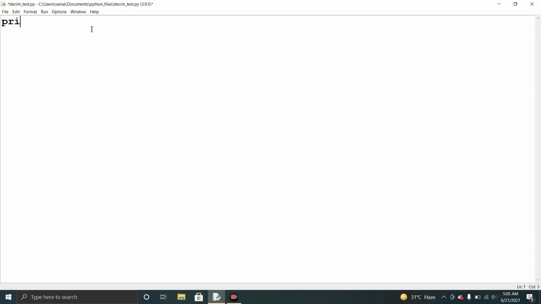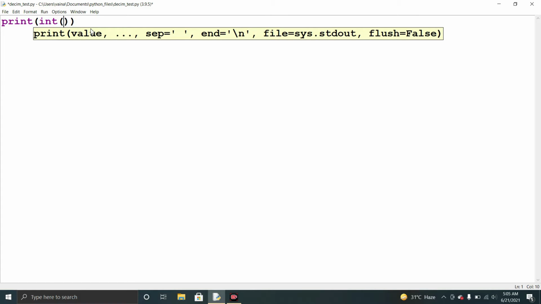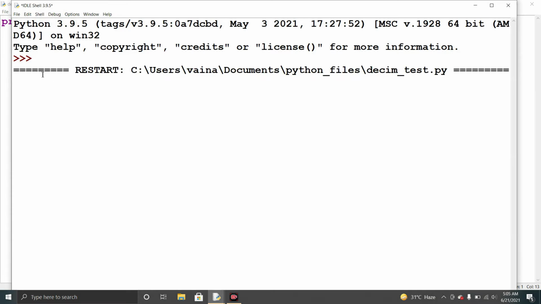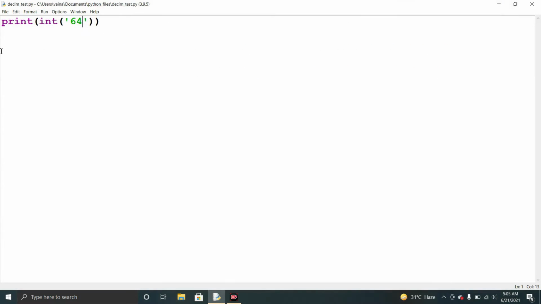So if you want to convert any kind of integer into the base 10 form, that is the normal integer number, we just see some examples like int of 64. When we run it we just get 64 as the output. So this is the normal number.